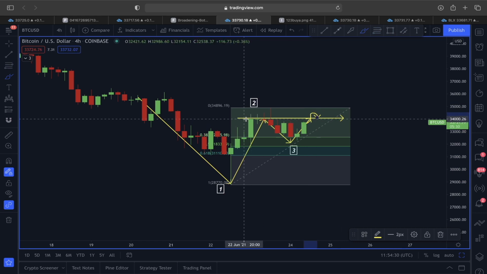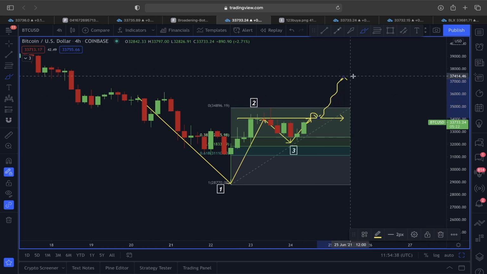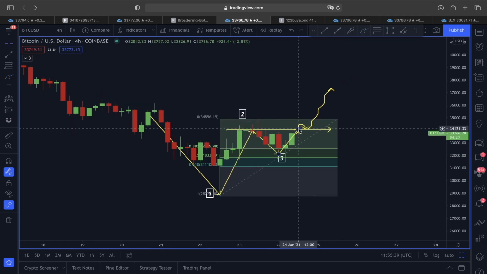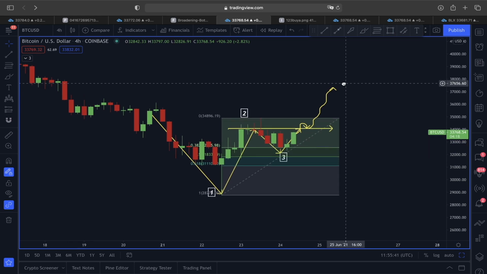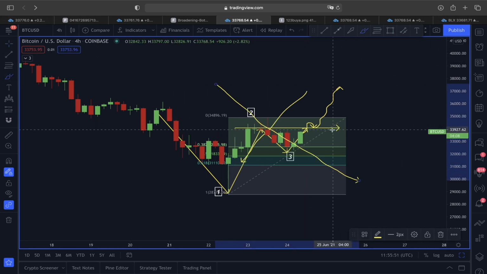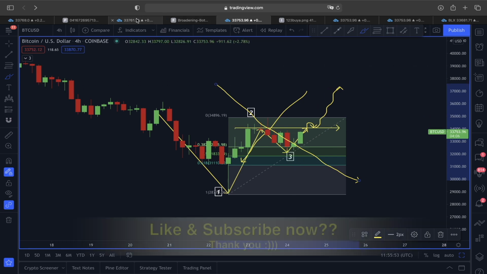So that's why right now, if the price here is going to continue in an upper direction, then we want the price of Bitcoin at any cost to stay above this 34,000, and if that's going to happen, then there is a very likely scenario to see another movement here in an upper direction. But what if the price of Bitcoin is going to see this rejection and is not able to break out of it? What we want at any cost is the price to stay above this 33,000 price area, because if the price of Bitcoin fails to break the 34,000 resistance line to the upside,